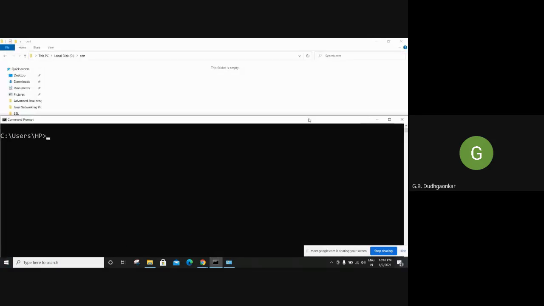So I want to create a key store for server and also for client. So for that, I will show you from the server side, and later on you can create the client side on your own effort. So the command, and why this command is required, the keytool option is there in the Keystore Explorer, so that also can be used. That is a graphical user interface. Here we have to type everything. This is a command line interface, you know.